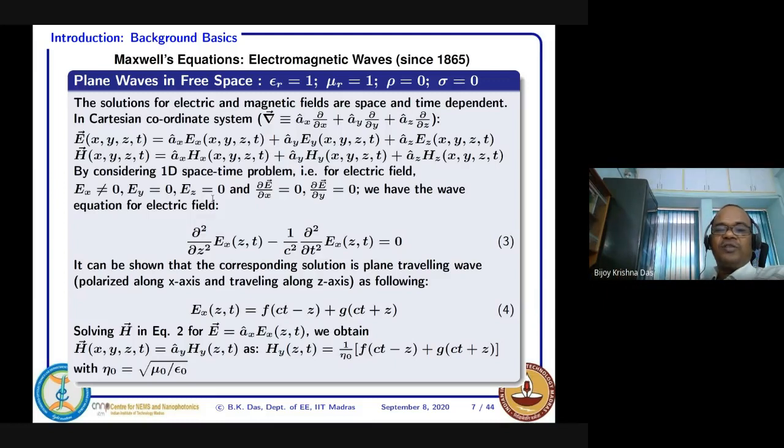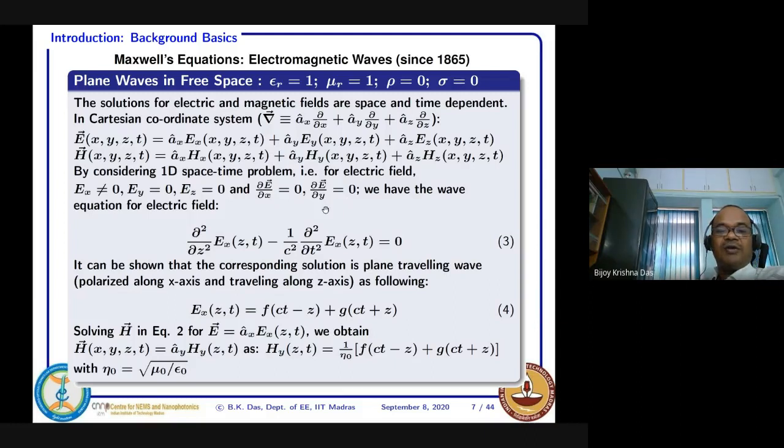So if this is the case, since Ey and Ez are 0 and it is also a one dimensional case, the partial derivative with respect to x for the electric field is 0. The partial derivative with respect to y is also 0. In that direction, I just consider nothing is happening. Okay, we can consider it constant.